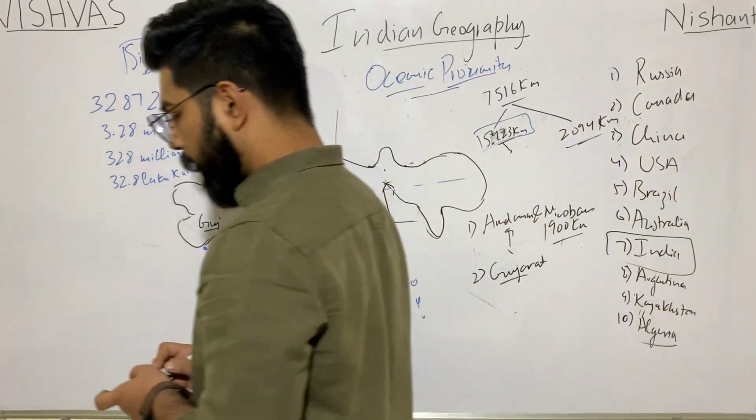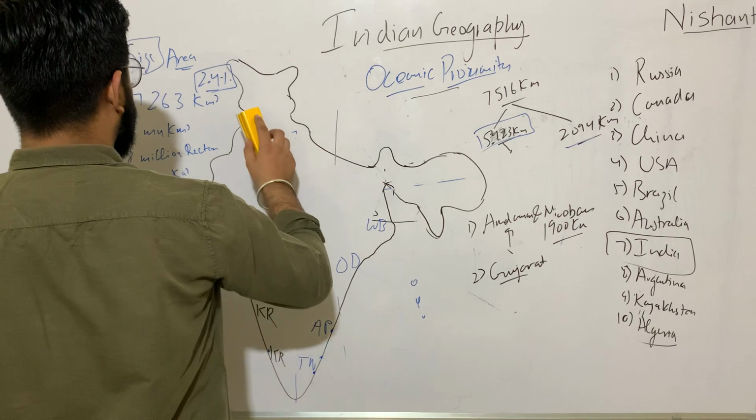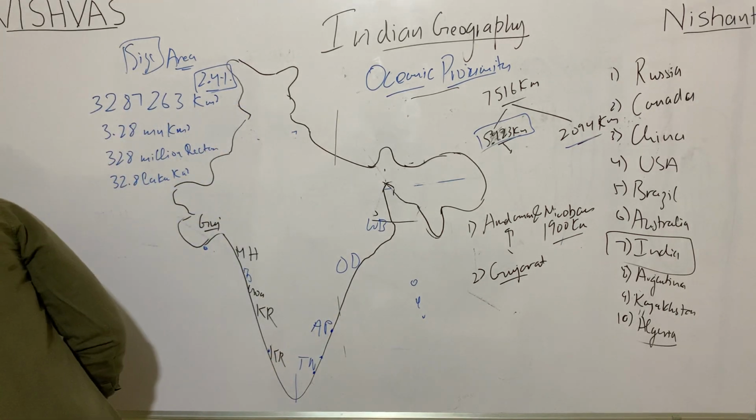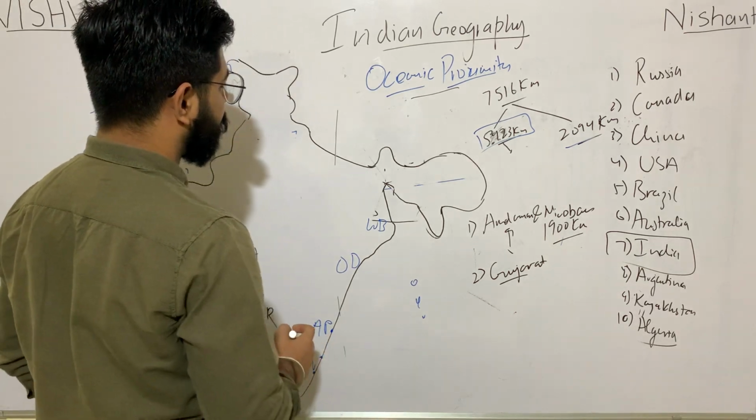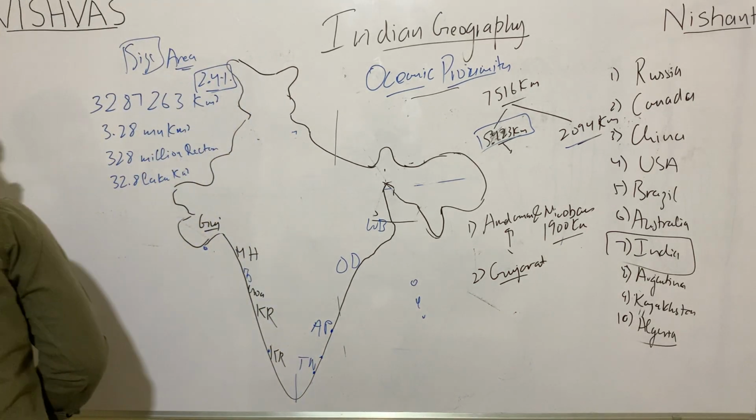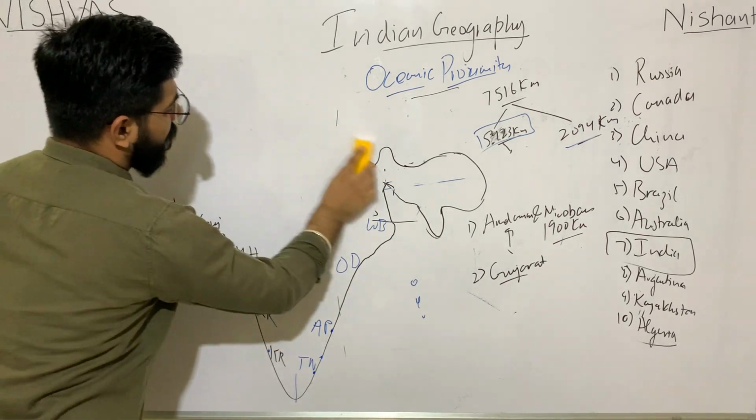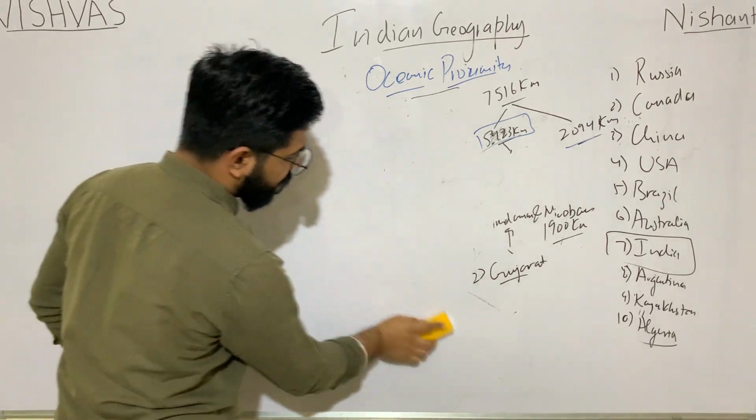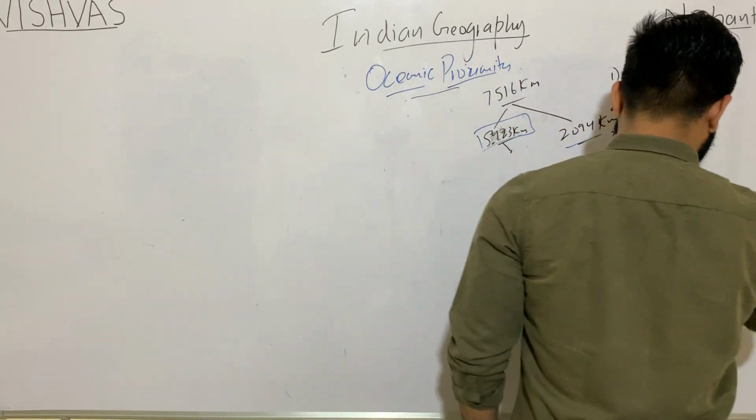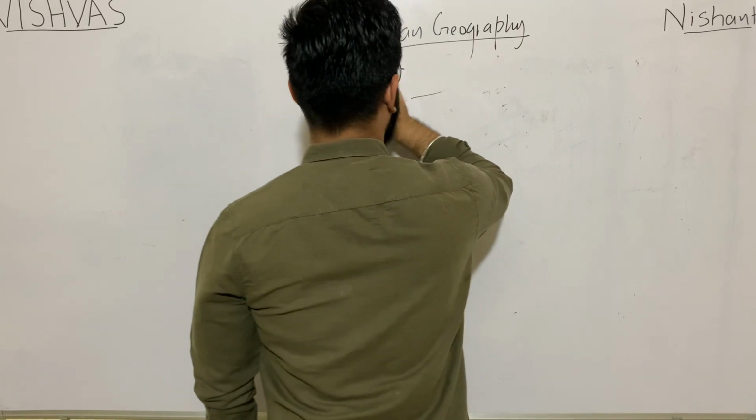Next, population size. We have studied the area size. Now we have the population size. One more thing in oceanic proximity: what is the exclusive economic zone? What is the exclusive economic zone? The exclusive economic zone,